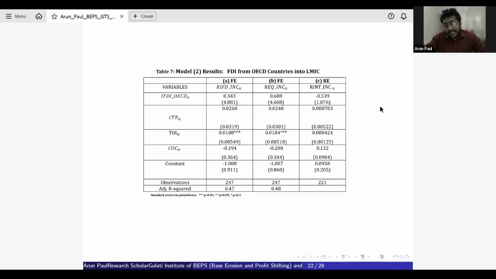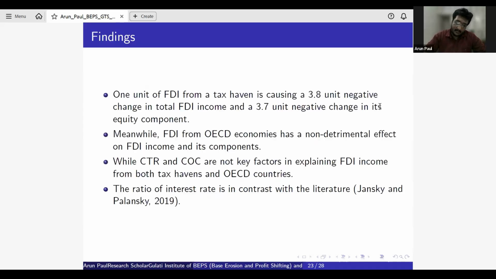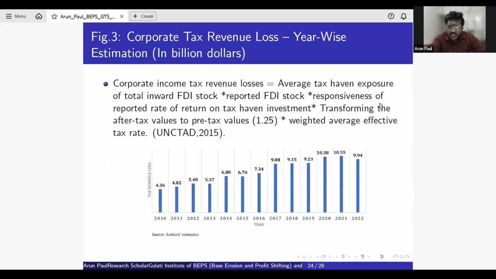So the FDI from tax havens is showing a negative result, and FDI from OECD is showing a non-detrimental effect. This is the basic baseline regression results. And the next step of my research paper is I am converting that ratio into tax revenue losses, which is